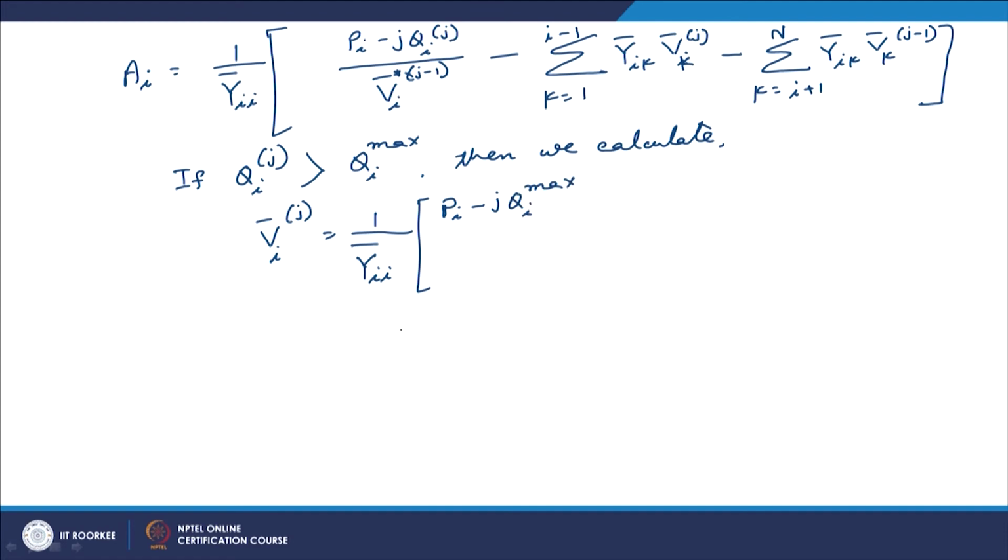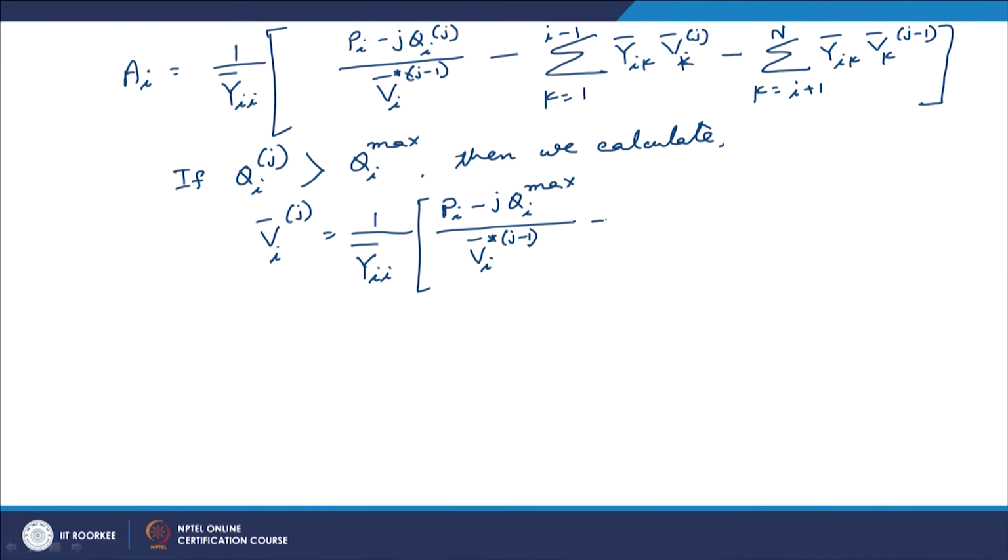Please remember, when Qij is greater than Qi max, what will happen? The actual amount of reactive power generated by this generator would be clipped at Qi max. So, in that case it would be only able to inject Qi max, and then after that everything